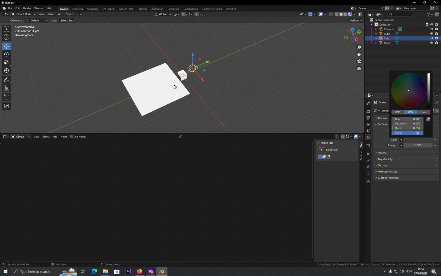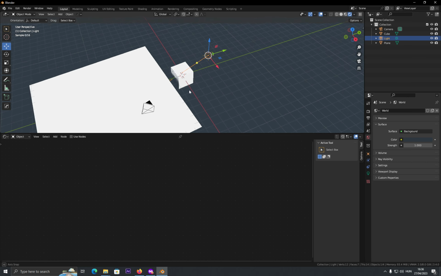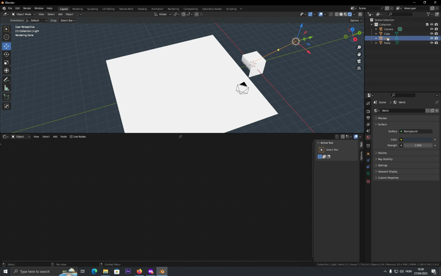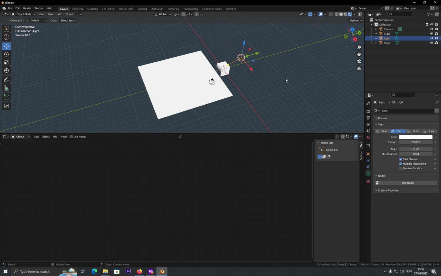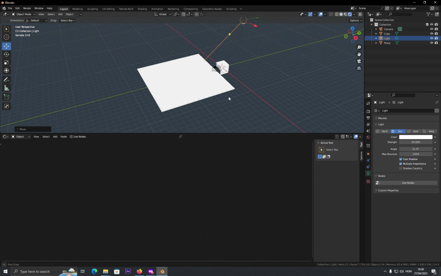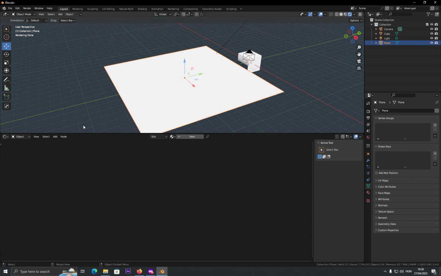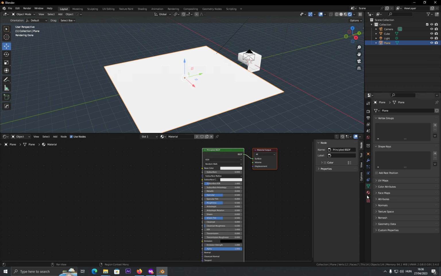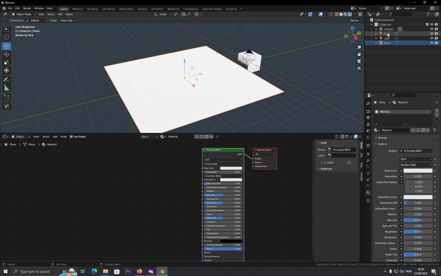The world color, I use a bluish gray, okay? And the light, it seems, yeah, all right. So we have this material here for the plane and the cube,